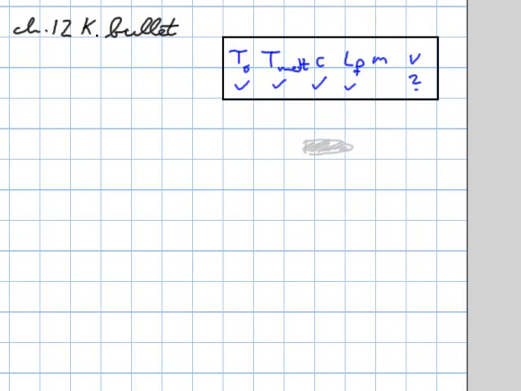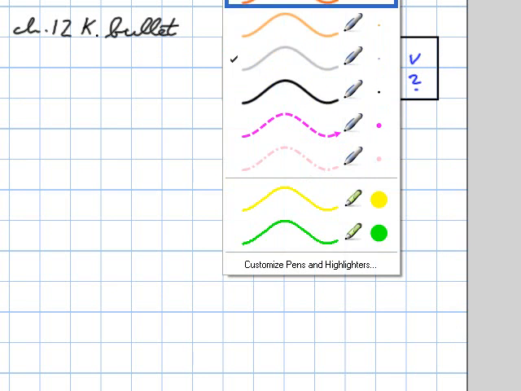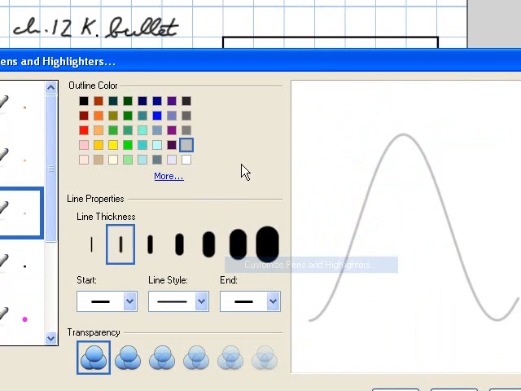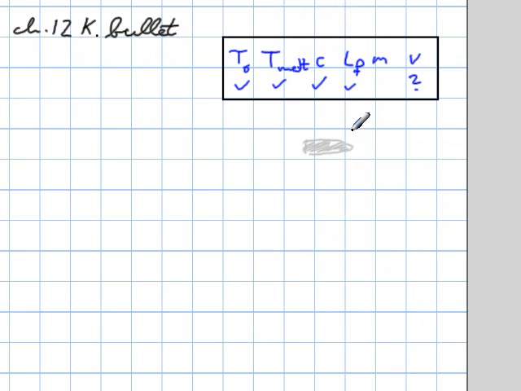Good enough. Okay, and that bullet. Whoa, no, I don't have my nice blue anymore. There we go. That bullet starts at 30 degrees, and by the way, it has a certain speed. It starts at 30 degrees Celsius, heats itself up to